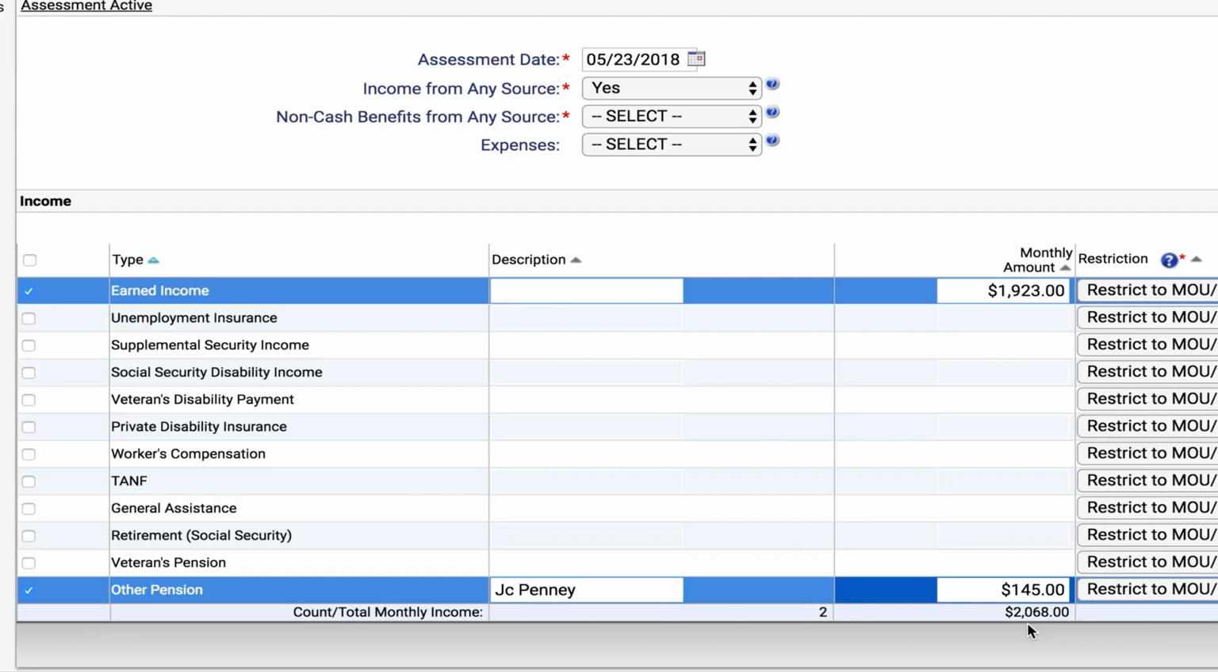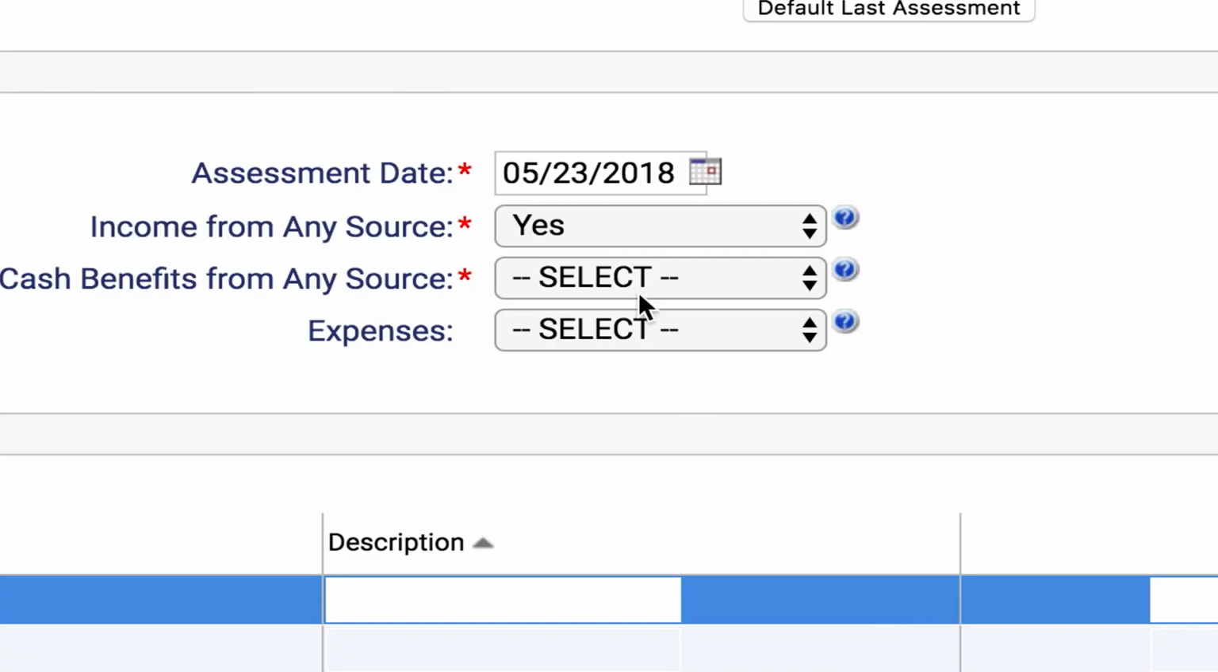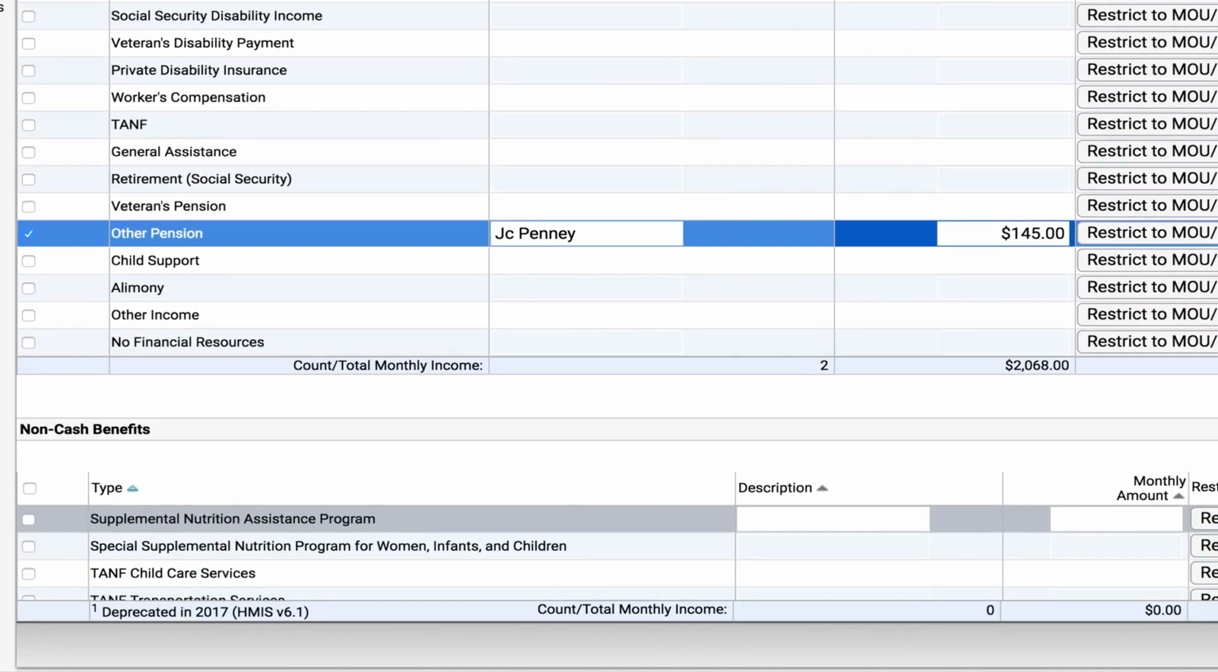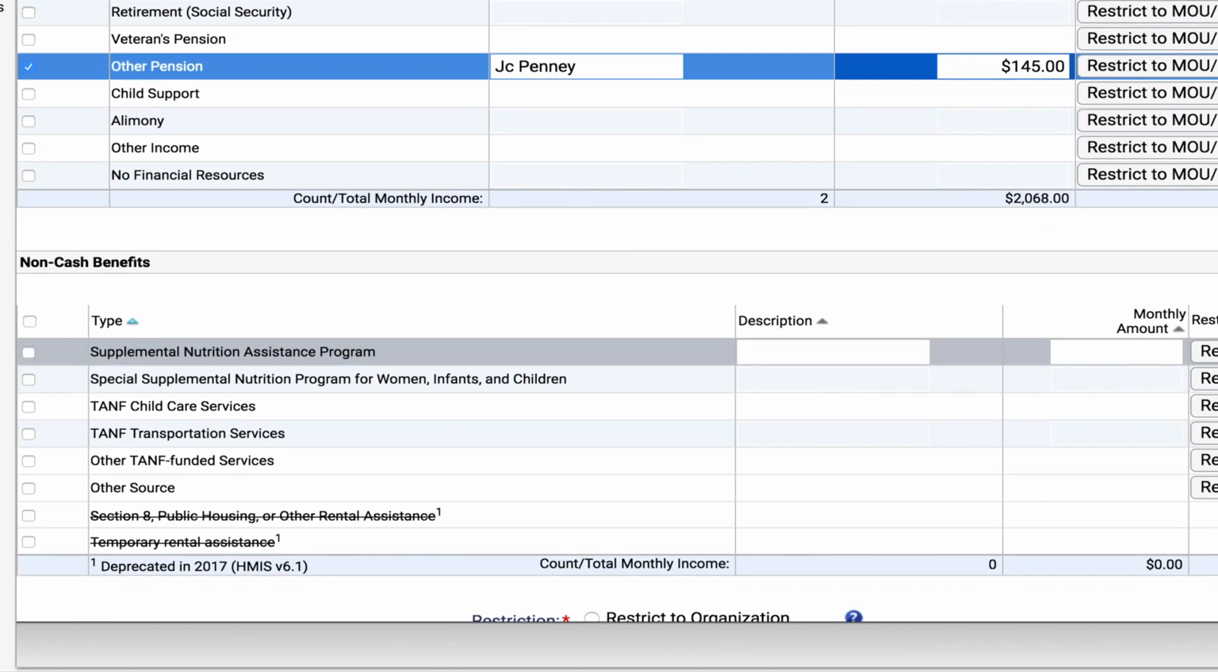If the client also had some type of non-cash income, I would also select Yes here. The non-cash income will appear under the Cash Income screen. You can select that by scrolling down. Here we will enter the fact that the client is receiving SNAP, Supplemental Nutrition Assistance